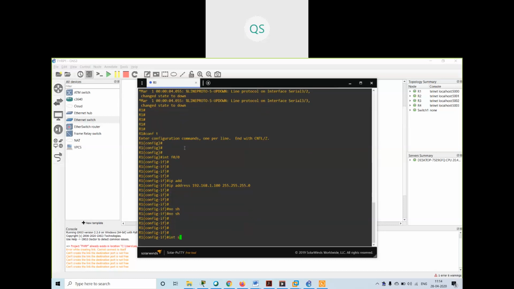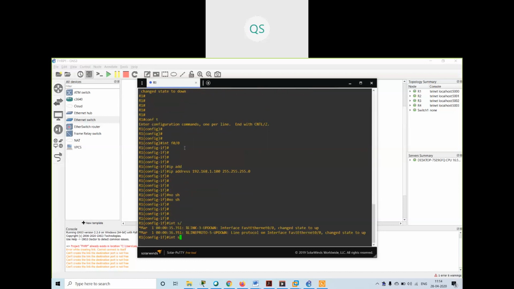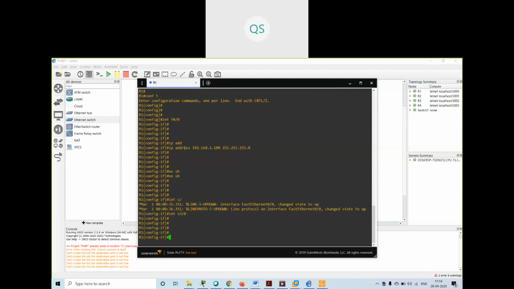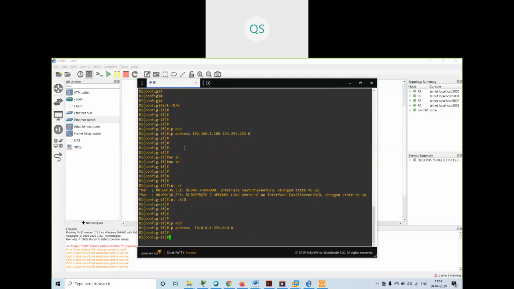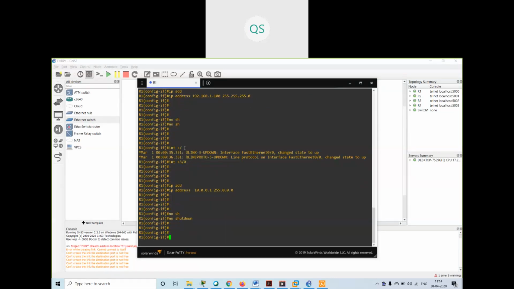Interface serial 3/0. What was the IP address that I have given over here? 10.0.0.1 255.0.0.0, no shut.